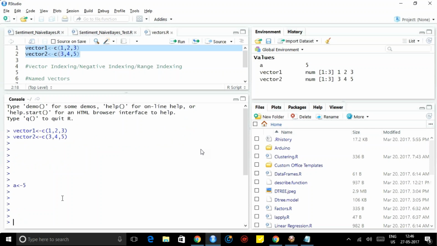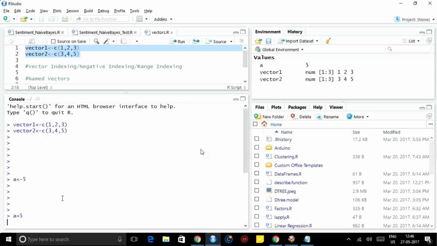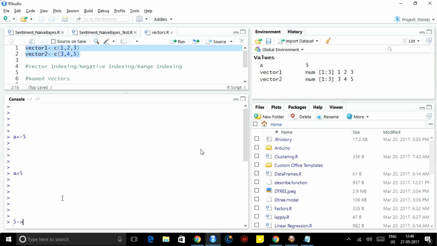Also, you can do like A equal to 5. That will also work, but I personally prefer the arrow. It becomes a habit. The interesting thing is you don't need to declare it. No need to declare, nothing. Just A equal to 5. It will internally type that. So this is my favorite part in R. You can even do this: 5 arrow A. So if you want to see what is A, you can see it here.